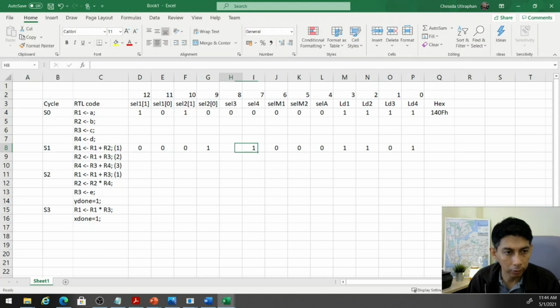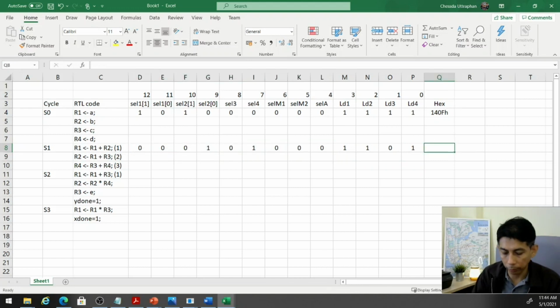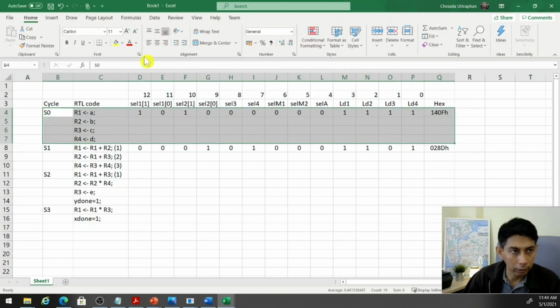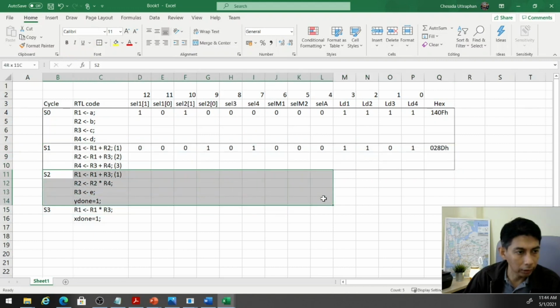So here should be 0 0 and 0, and we have this in hexadecimal. So this should be D, this should be 8, this should be 2, and this should be 0. So in hexadecimal it should be 0, 2, 8, D hexadecimal for the second cycle. So we have the first cycle, this should be our second cycle, and for the third cycle, or S2,